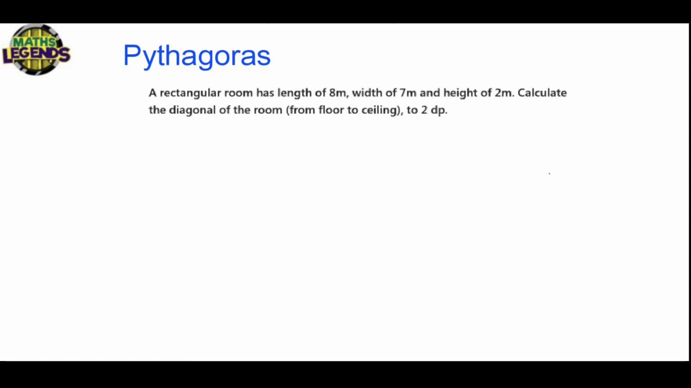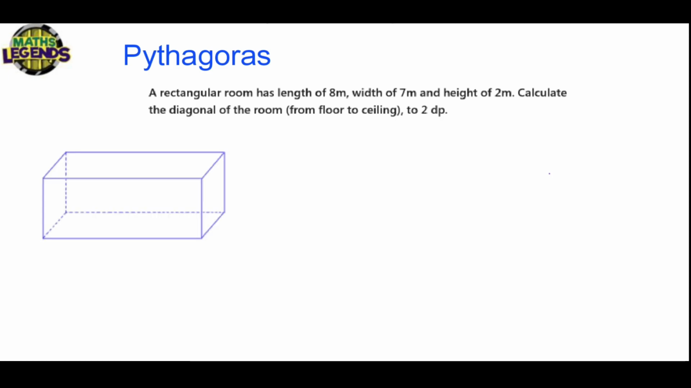So here we have a rectangular room that has length of 8 meters, width of 7 meters, and a height of 2 meters. And we're asked to calculate the diagonal of the room from floor to ceiling. So first we have a rectangular room. So let's draw a diagram. And we are told that it has length of 8, width of 7, and a height of 2. And we are asked to calculate the diagonal of the room from floor to ceiling, represented by this red line